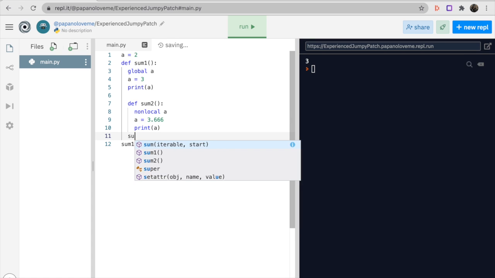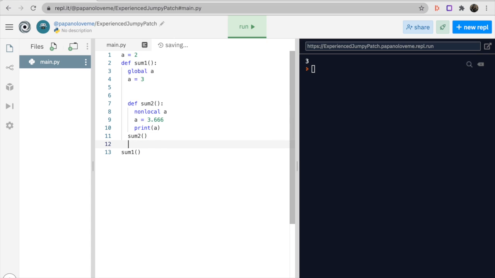So I could call sum2. Oh sorry for that, it's nonlocal, but let me just do this. So it's going to say 3.6666 first, and then